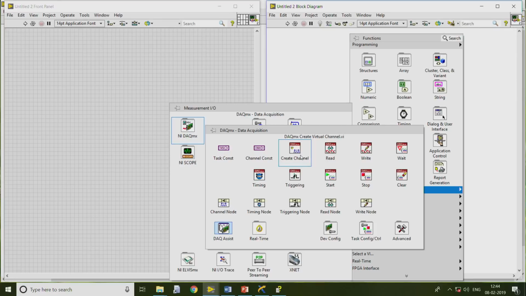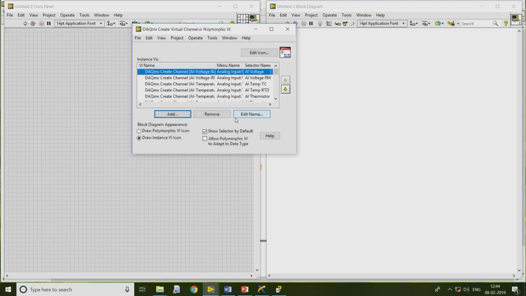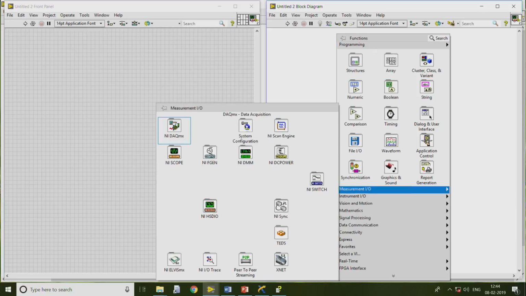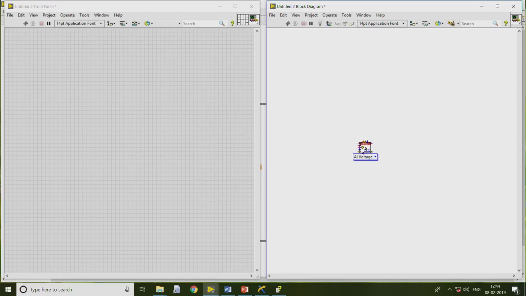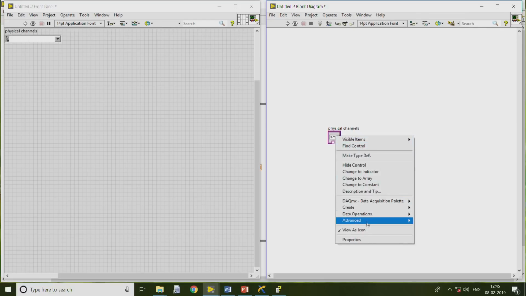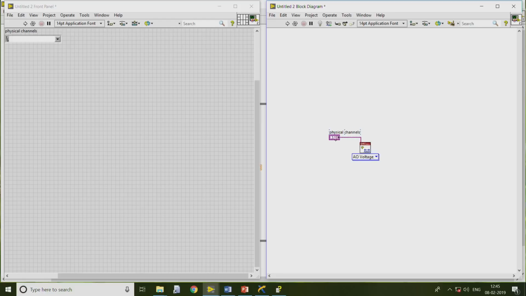In this case I can create a channel. I will create a channel, but this channel is meant to provide analog output of voltage, but to which channel? So, we have to provide a control which indicates the specific channel, because whatever voltage we set has to be given to this particular channel.